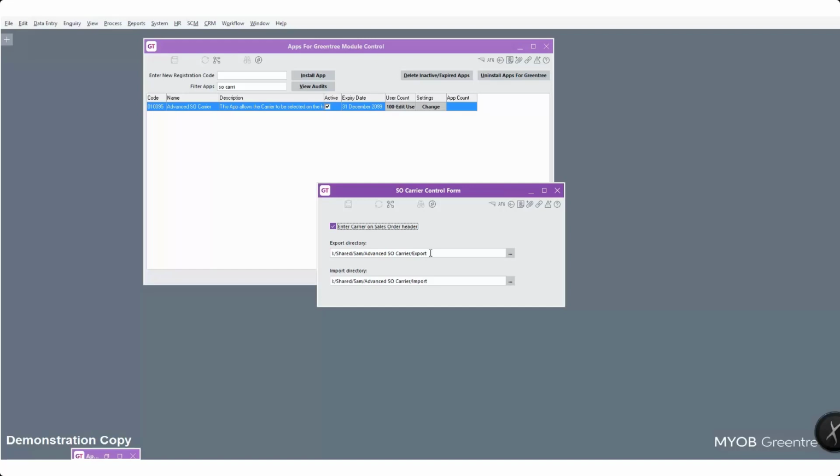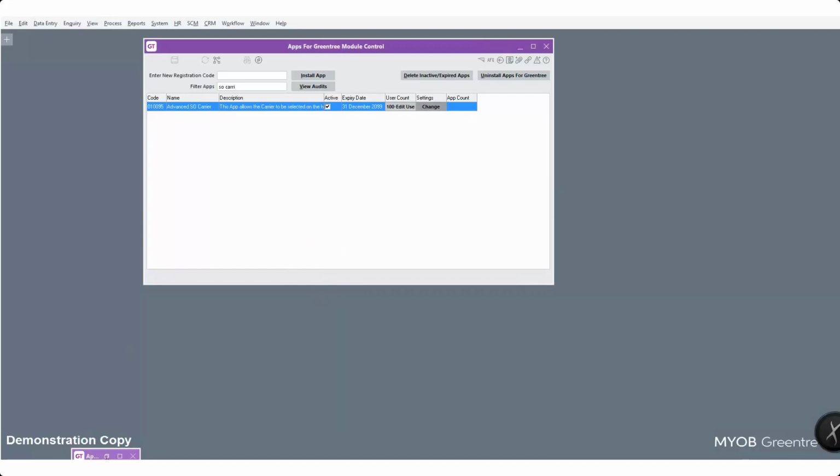And if my carrier can accept or return files, so if I can electronically send a CSV file or some other sort of file to the carrier, and that can alert them to what is there to be picked up, or they will send back confirmations, then I can also load an import and export directory for the files to be sent to, which will automatically happen on packing slip confirmation, and they will then be picked up and moved on. So that's all I need to do in my current sales order